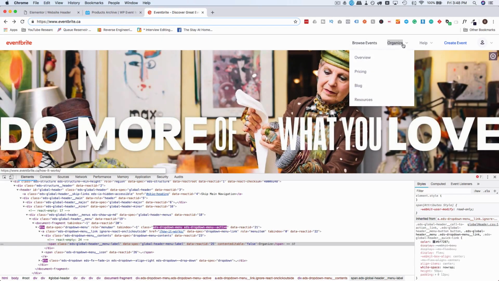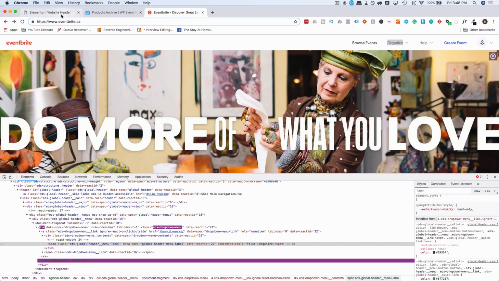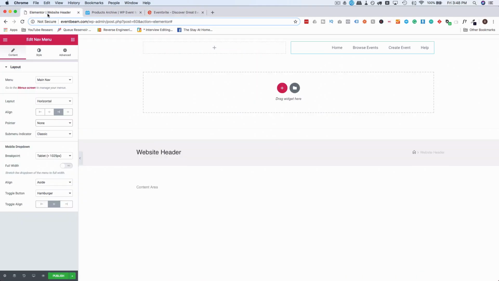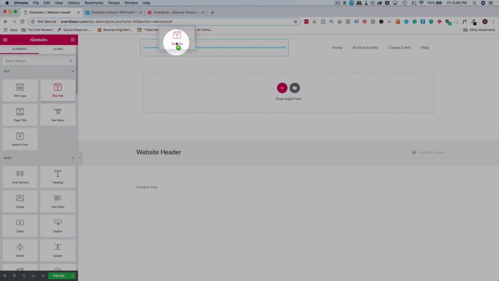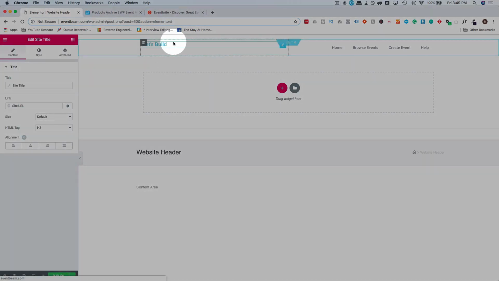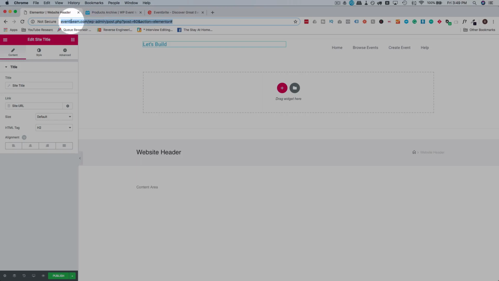We don't have any drop downs on ours, so we're not going to style any of those. Let's get our website name on the left. Oh, it's right here. Site title. And currently it's Let's Build, and that's not the actual site title. So let's go into